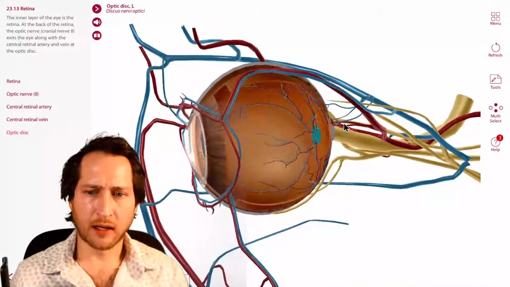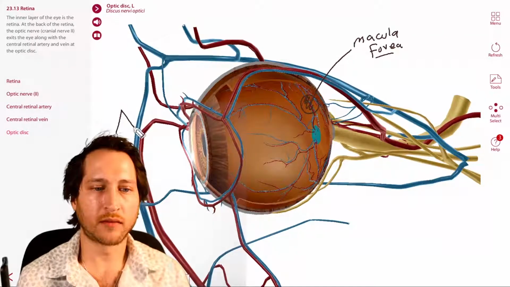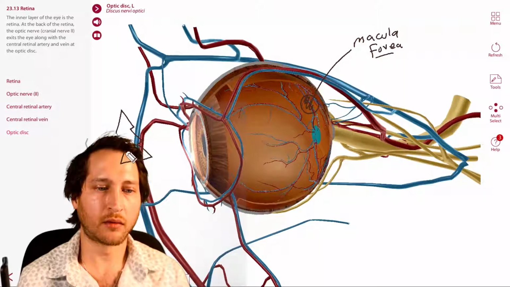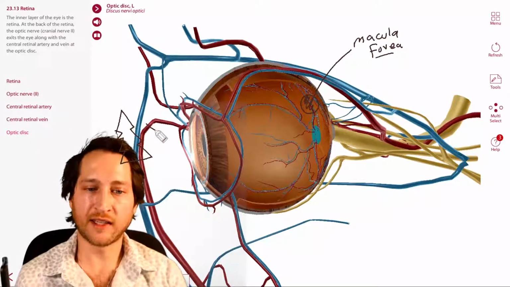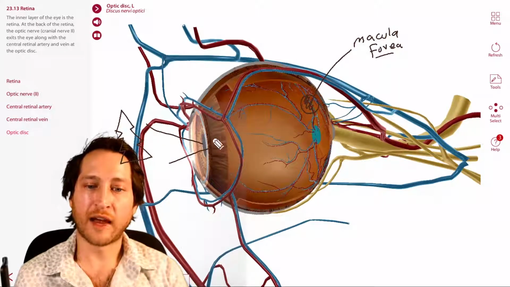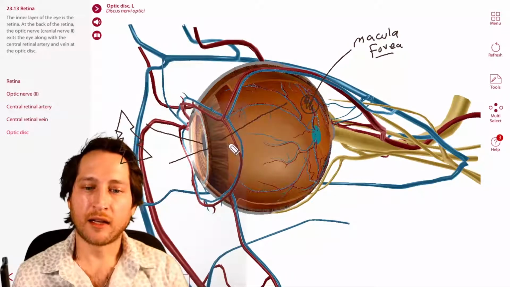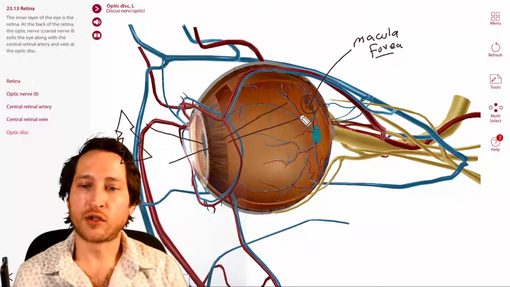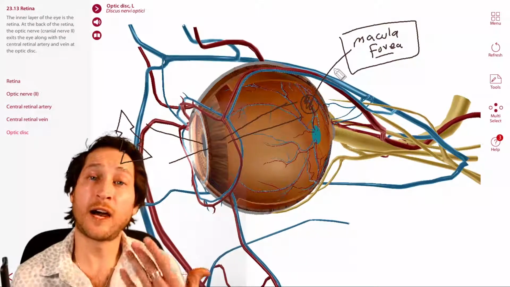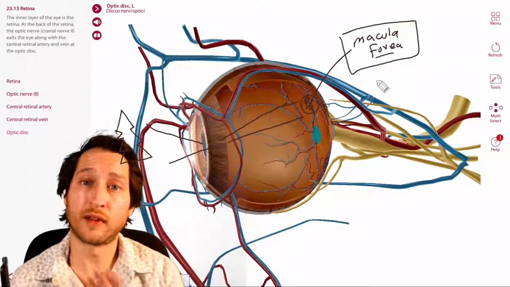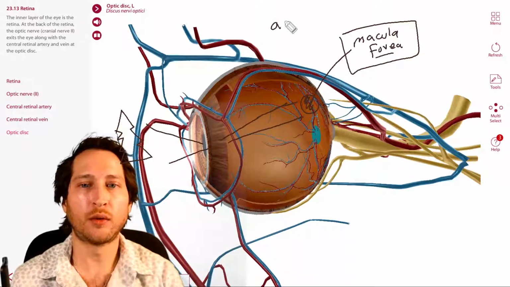Okay, so let's have the eye like this. Let's say that we have an object out in the world, maybe it's a tree, okay? And we're focusing on that tree, so we're looking at that tree. Light's going to be coming in, refracted and focused by that lens. And if we're looking straight at it, the light's going to be directed towards that fovea. So the fovea or macula has the highest density of rods and cones, the photoreceptor cells. So we have our highest visual acuity